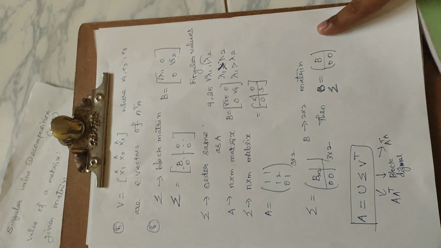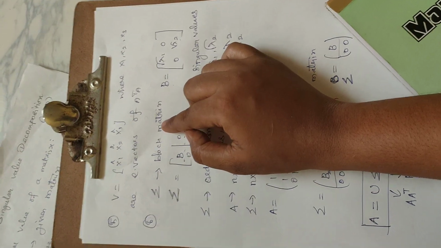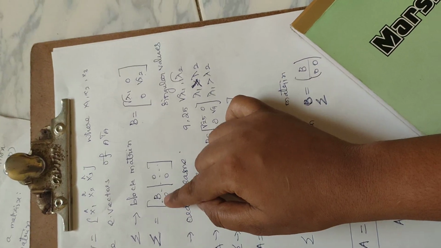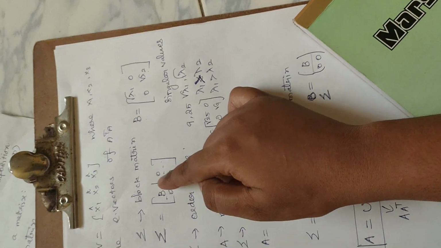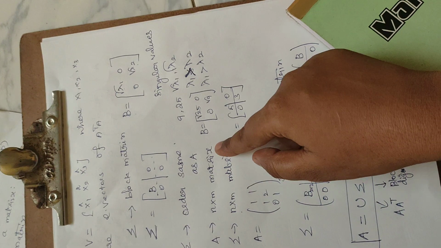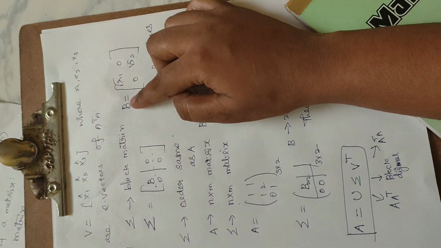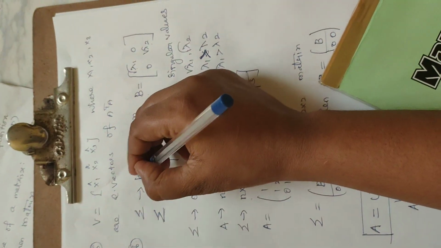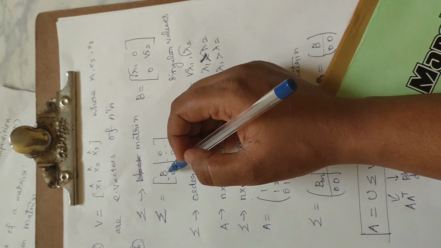Next, we need to construct another matrix, sigma. That is a block matrix actually. So first, sigma will consist of block matrices with 0 entries. Suppose it has the same order as A. Suppose A is an n cross m matrix, sigma also will be an n cross m matrix. Clear? Then first, what is the diagonal matrix? Here it is block diagonal matrices. It is a matrix which consists of block matrices.